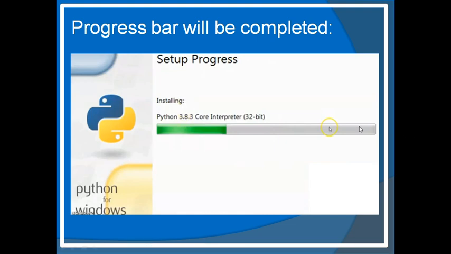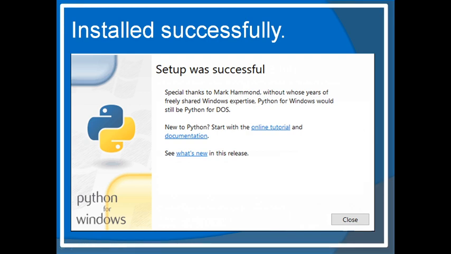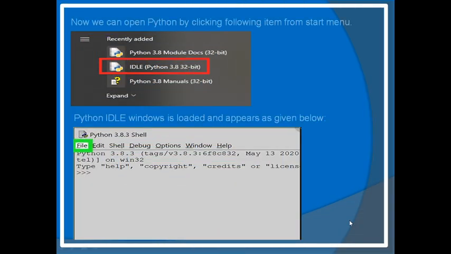After completing this progress bar, you have this message, setup was successful. That means your Python is installed successfully on your system. After that you will click on the close button. Thereafter your Python is installed. This is how you can install Python in your system.